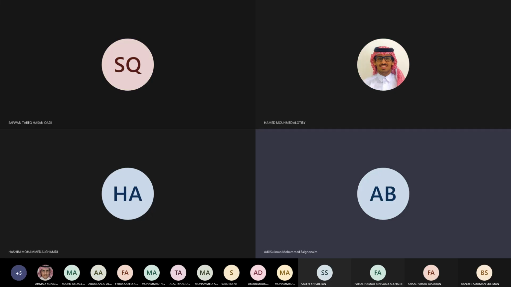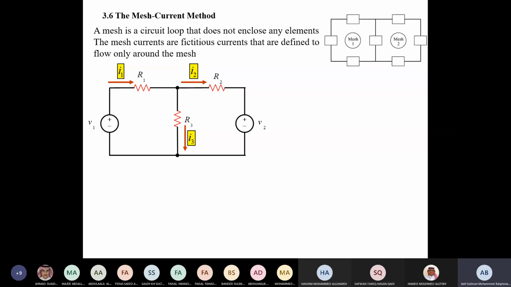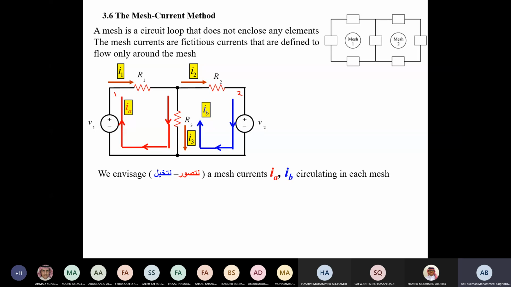Continue with the mesh analysis that we started last time. We said on the mesh analysis, if we have a circuit, we identify the number of meshes we have, like mesh 1 and mesh 2. Then we envisage circulating current, either clockwise or counterclockwise, on these. Envisage or imagine, they are not real, okay? Circulating, and relate the actual current on the element with respect to these